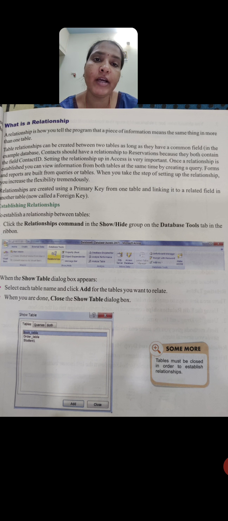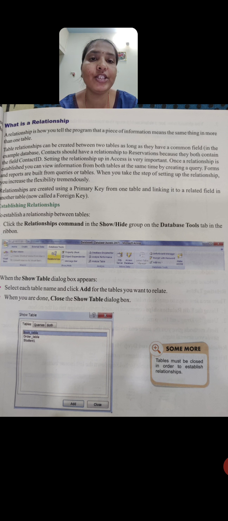See here, in Microsoft Access 2007, if you have created two tables, student 1 and student 2, and all the entries of student 1 and student 2 are connected to each other, that means they have become friends in the same class. Likewise, we can attach one table to another table. That is what we call a relationship here.